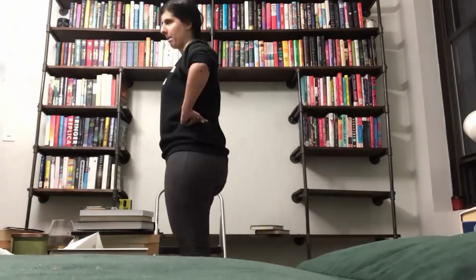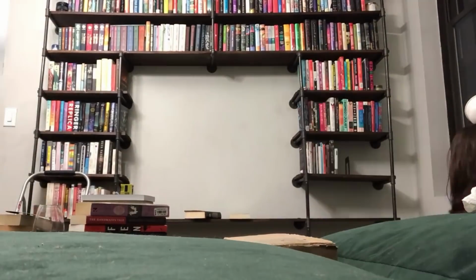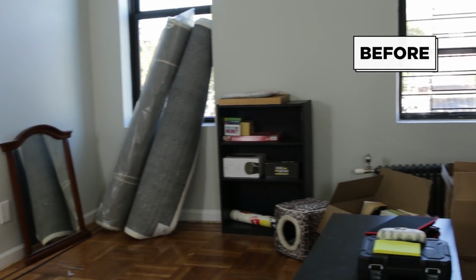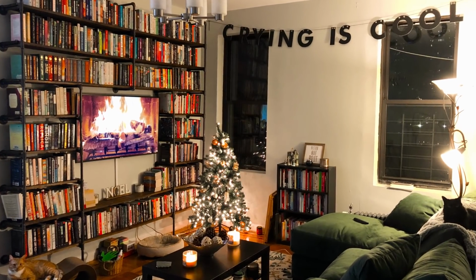I guess I could get rid of the ones that I know I'll either never get around to reading, admittedly, or that I have read and know I won't read again. But there's just something about looking at a large collection of books and being like, it's soothing. It's soothing, and like